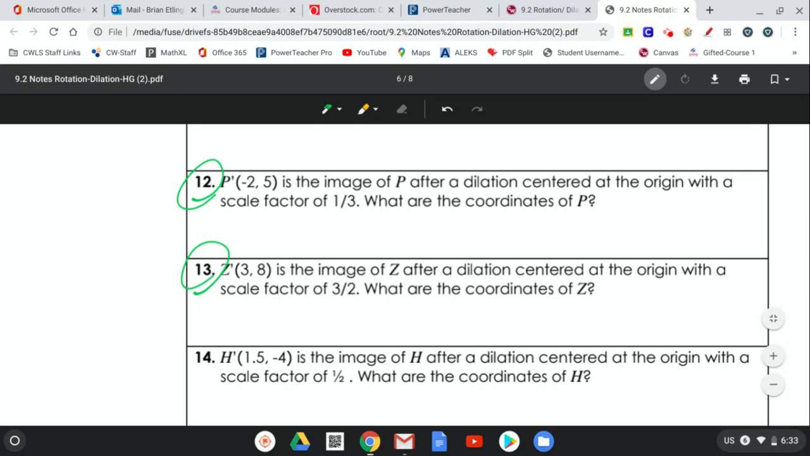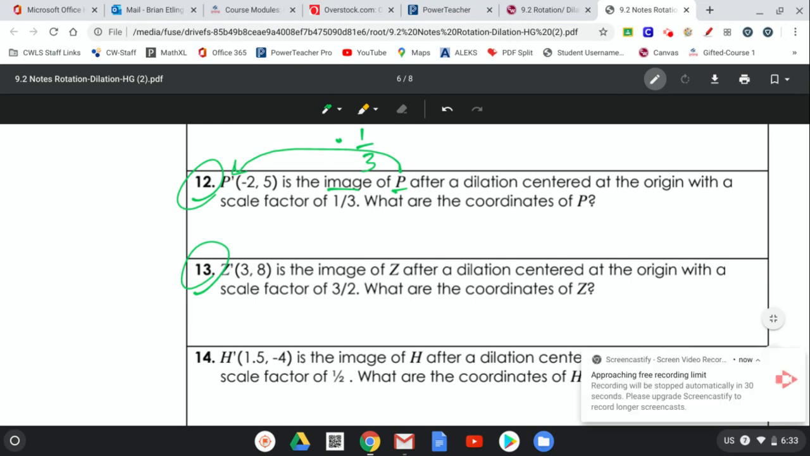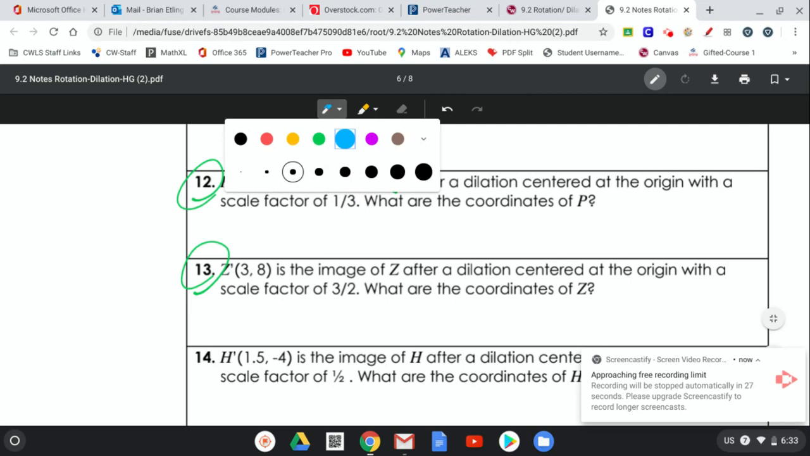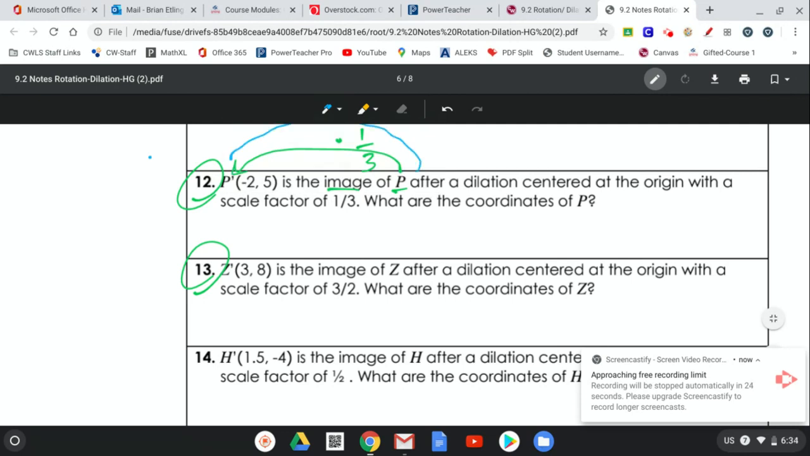So this time they're telling us what the image is, and they want us to go to the pre-image of P. Normally we would take P and multiply it by 1/3, and we would get the coordinates for P prime. Well, how do we go in the opposite direction? How do we go backwards from P prime back to find our pre-image of P? Well, guess what? We're going to multiply by the reciprocal. So we're going to multiply this time by 3. So 3 and 1/3 are the reciprocals of each other. So P prime is at -2, so we're going to multiply that -2 times